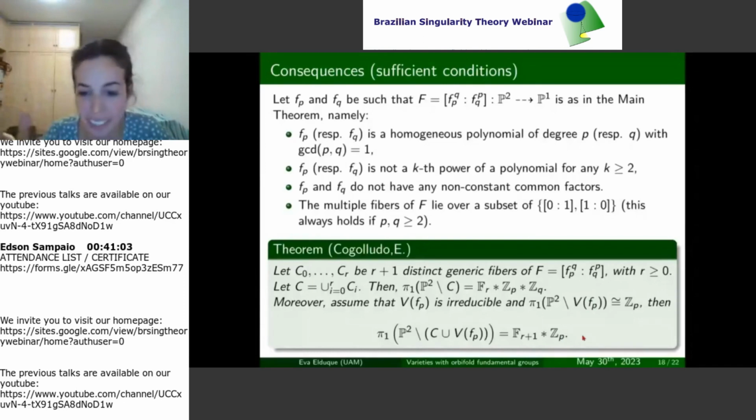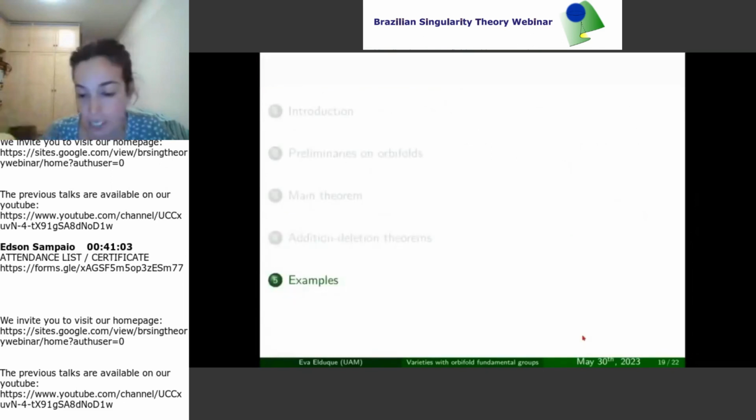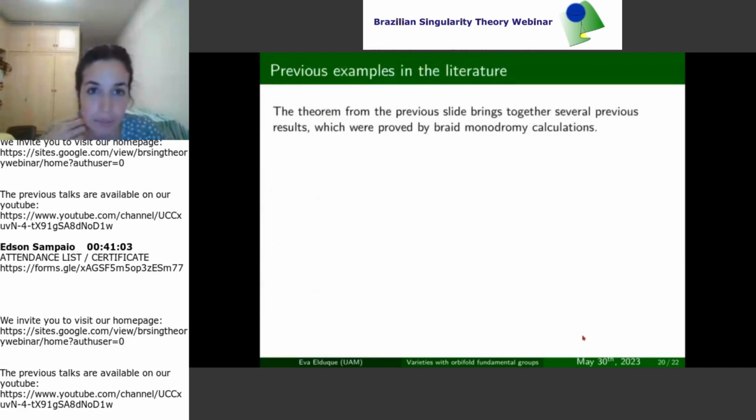So I guess the moral of the story is, generically, once you restrict yourself to getting fibers, you're going to get this kind of fundamental groups. And just a couple of slides with more examples. So in the literature, we found a couple of papers that computed fundamental groups with braid monodromy. The computations are tedious, but now with our theorem, the proofs are immediate